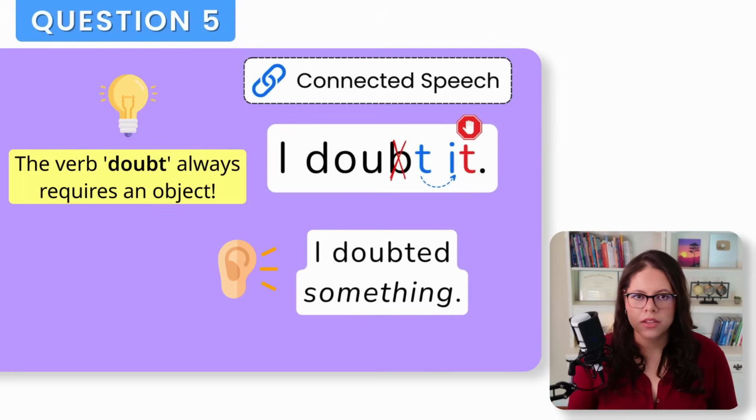Just remember that the verb doubt always requires an object, so you have to doubt something. I doubted something. So in that context, you know that's the past tense verb. But if you only hear I doubt it, that's a sure sign that that's a present tense verb followed by